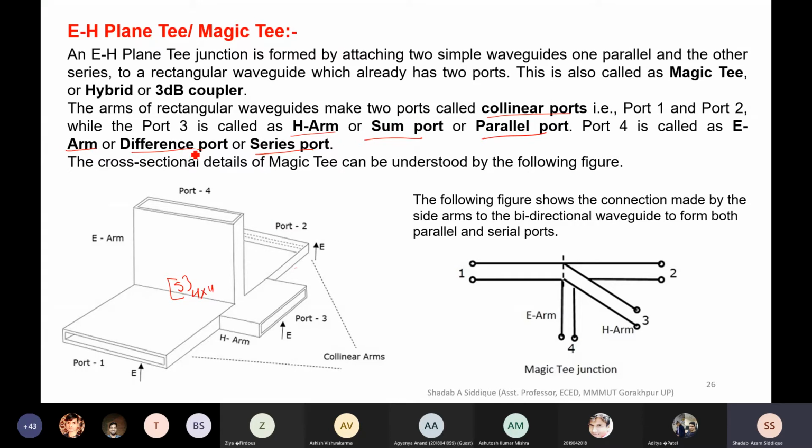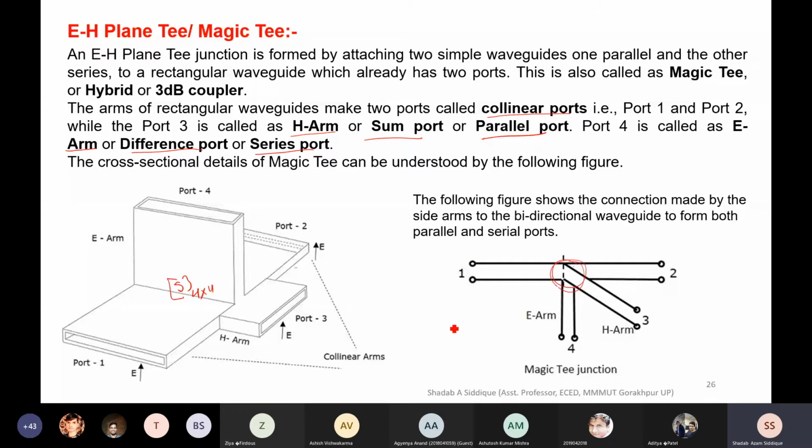Okay, so that's why it's called the sum port, and the difference port is called that because it will be 180° out of phase about this E arm. So that's why the collinear port will be 180° out of phase about this arm. The cross section view is shown here, and you can see this figure also. This figure gives you the 2D view of this one. So this is basically out of the board, or you can say out of the screen, whether mobile phone or whatever you have. The third port will be out of the screen, and this one will be down, and this is the collinear port. Okay, so E arm, H arm, and here it is making a junction.